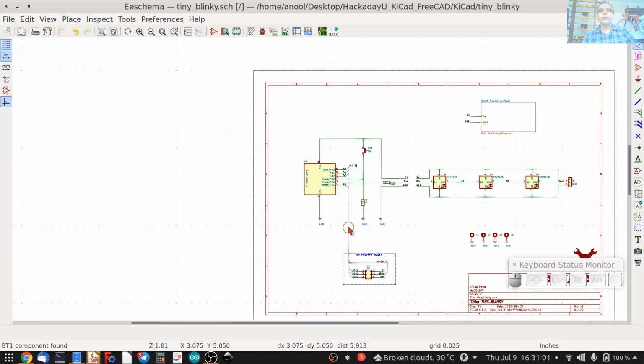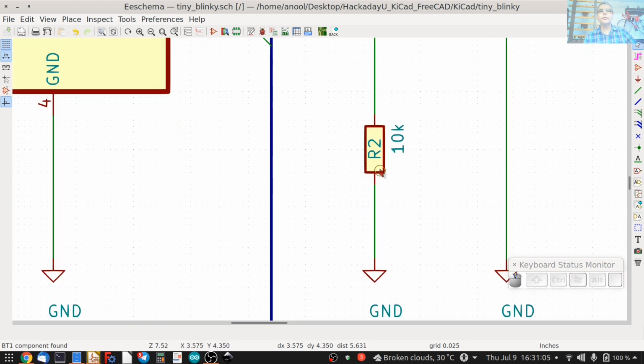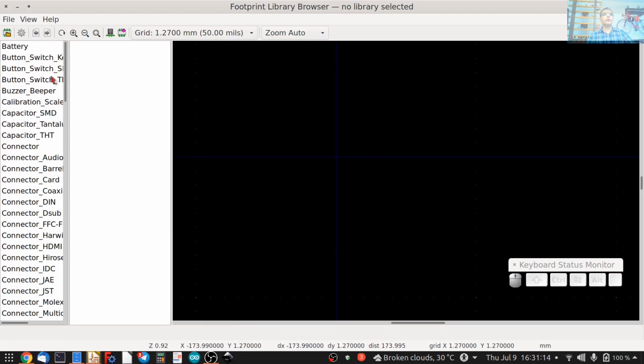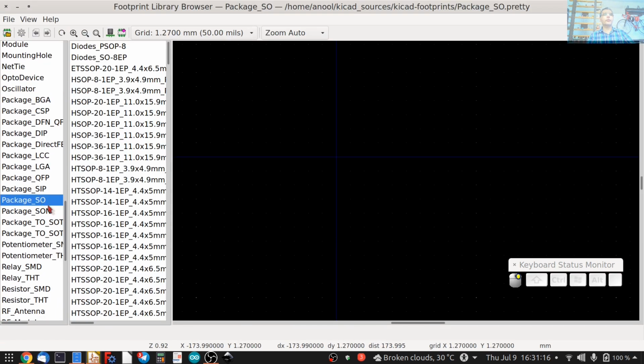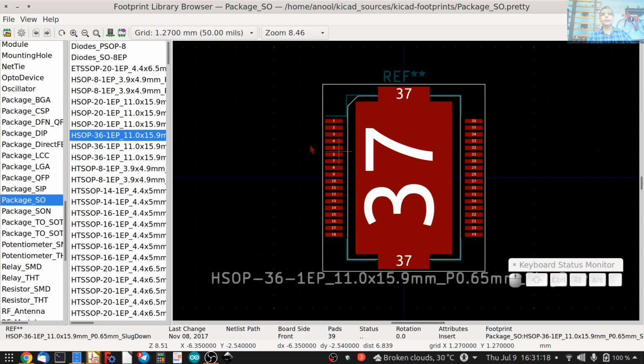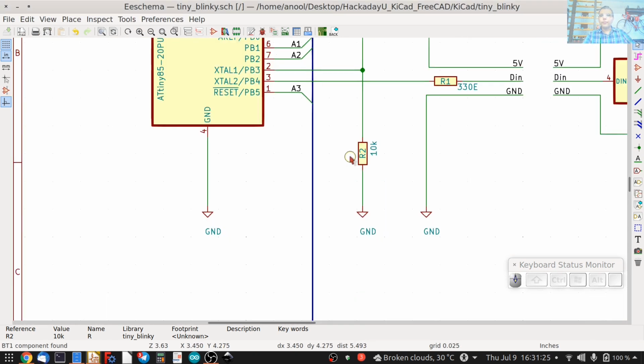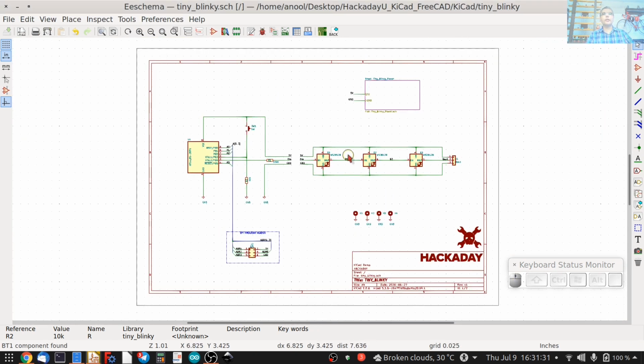The other way is to add a footprint directly to a part. For example, if we go here to the resistor, we can click E for edit. Once the symbol properties come up, you can click on footprint, then on the browse icon. You can go to a certain library, select a package and assign that. But again, this is not very easy to use because it's likely that you'll end up missing certain parts. So again, not the best way of doing this.